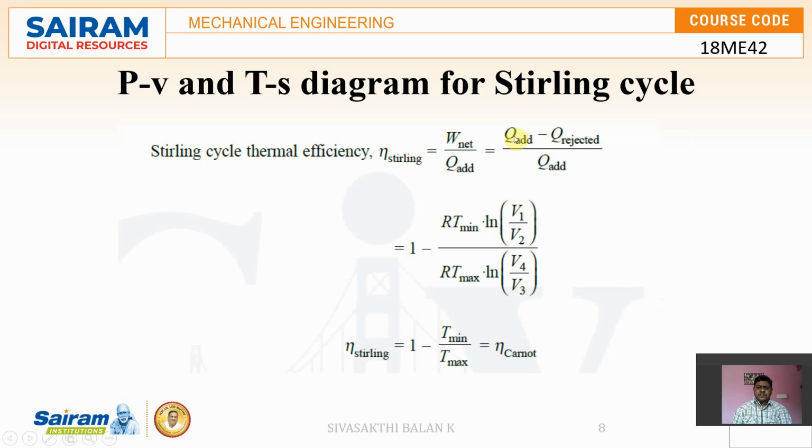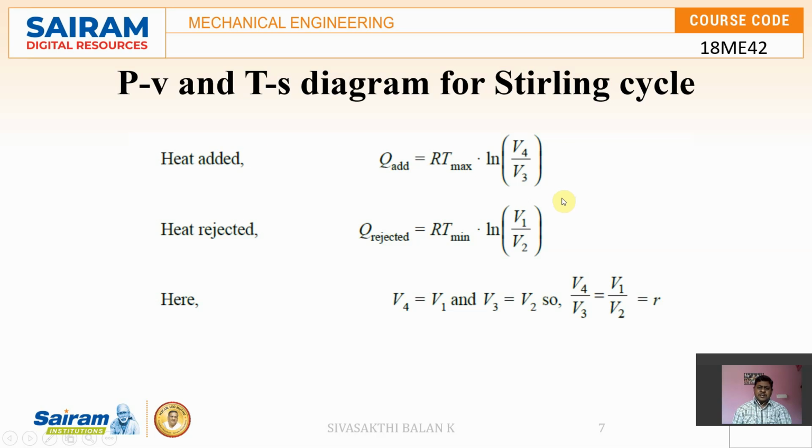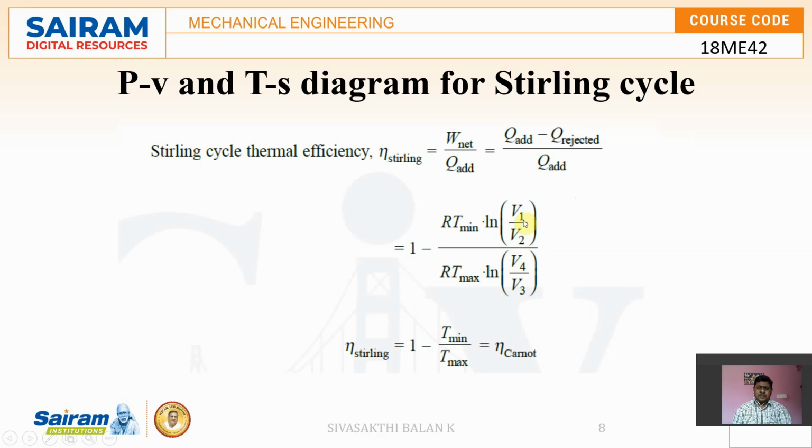So, substitute the value of Q addition minus heat rejection, and we can remove the first term. So Q addition is the same. We can replace this by 1 minus heat rejected divided by heat addition. Heat rejected, as explained in the previous slide, is R T ln of V4 by V1 and R T ln of V1 by V2, and we know that these two are the compression ratio and this is common. So we can remove these two as well as the value of R. What is left is 1 minus T minimum by T maximum.